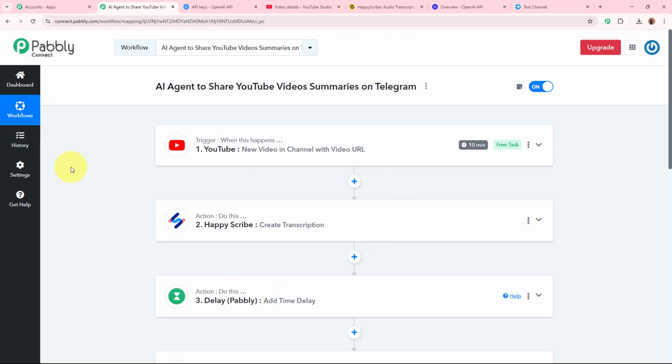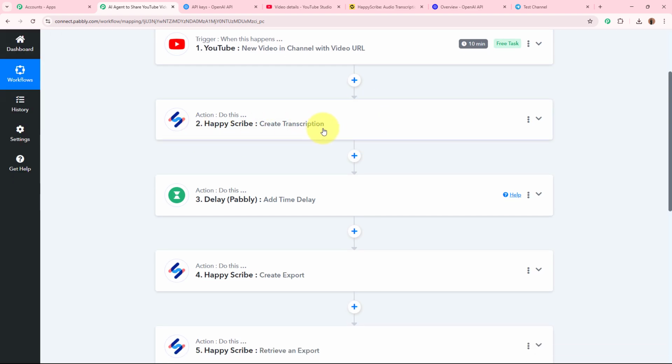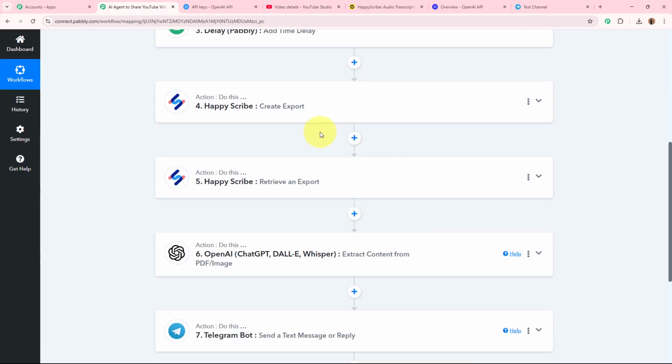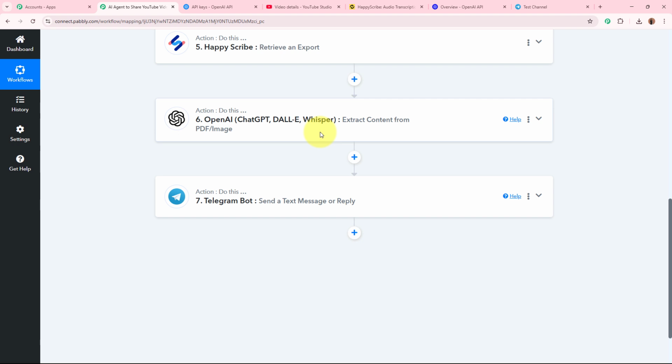created this AI agent using Pabbly Connect. So now to sum up what we have done: the trigger is YouTube, new video in channel, video URL. As soon as a new video is uploaded, automatically the trigger is going to capture the response of that. Using Pabbly Script, we're going to create the transcription of the video. As the transcription is created, exported and retrieved, automatically an AI agent,